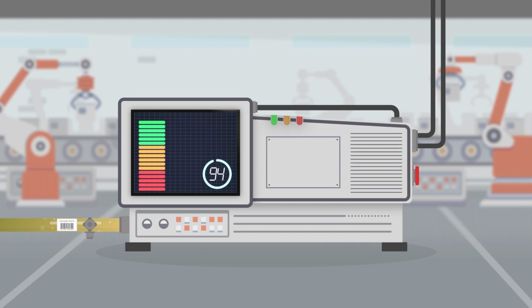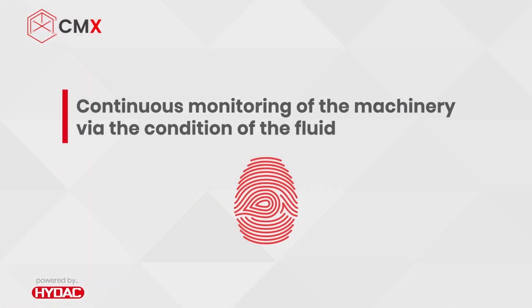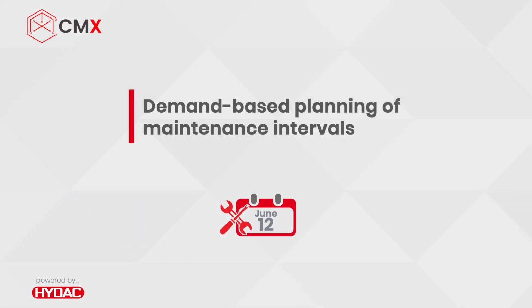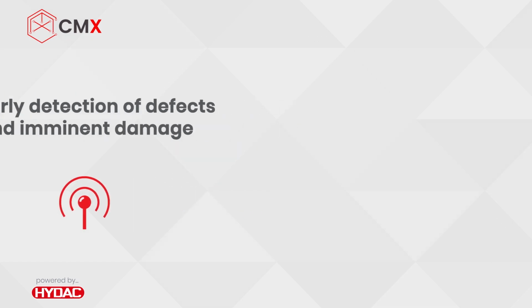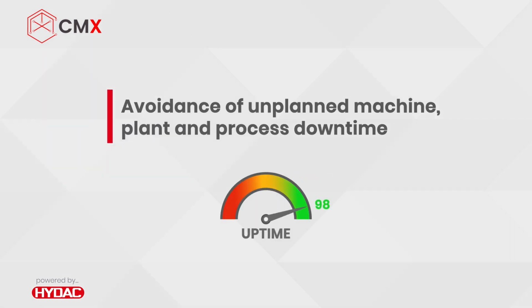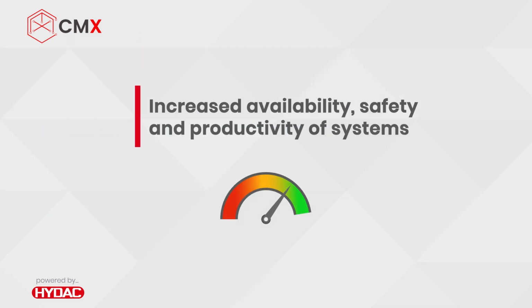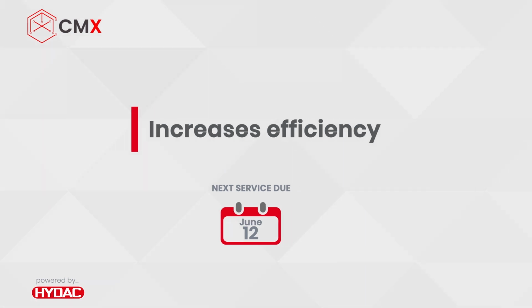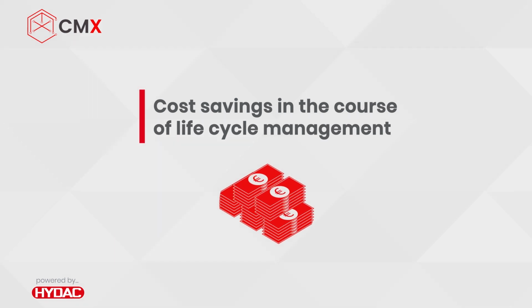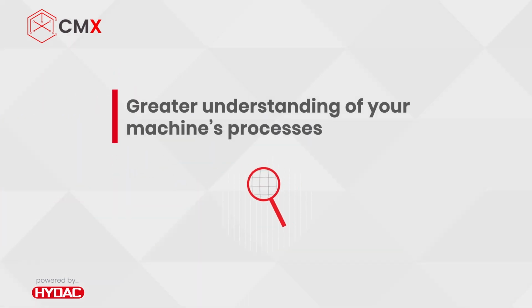The benefits of the CMX system include continuous monitoring of the machinery via the condition of the fluid, demand-based planning of maintenance intervals, early detection of defects and imminent damage, avoidance of unplanned machine, plant and process downtime, increased availability, safety and productivity of systems, increased efficiency because components no longer have to last a predefined maintenance cycle which may not fit in with their normal life, cost savings in the course of lifecycle management, greater understanding of your machine's processes which allows for continuous improvement and streamlining,